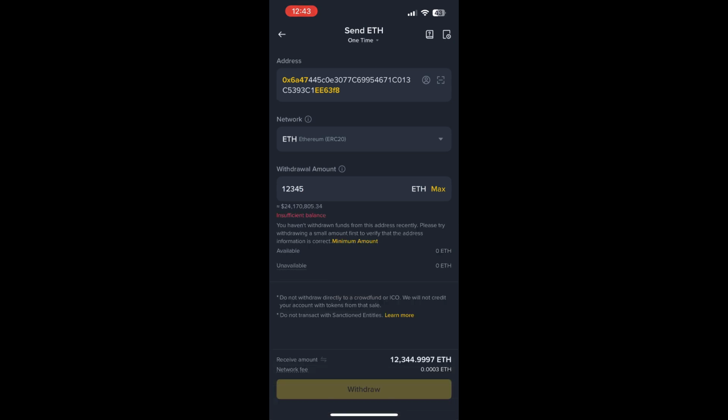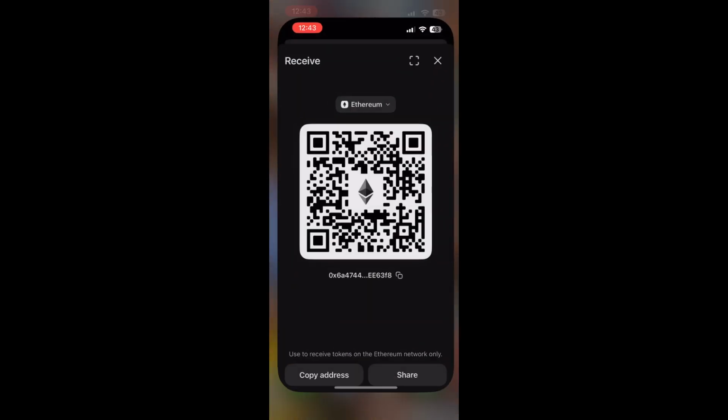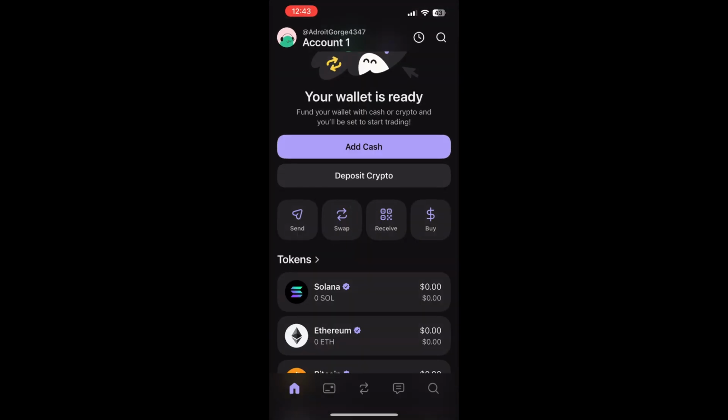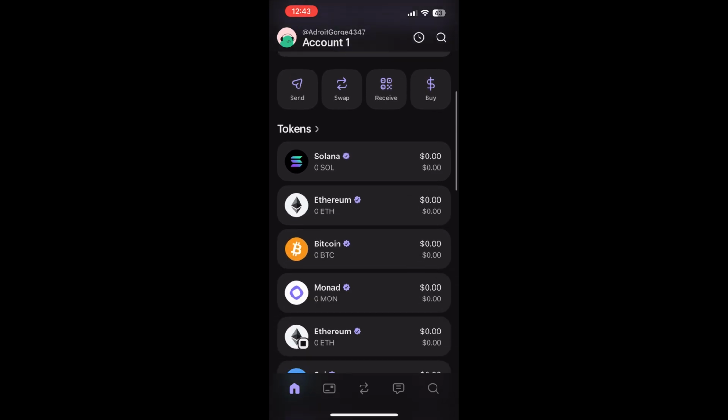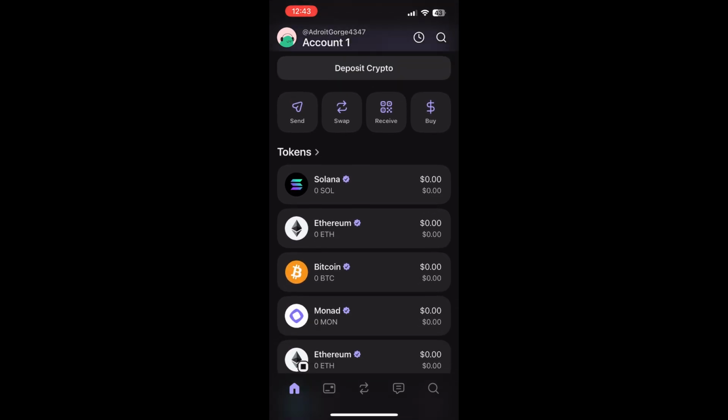Wait for the transaction to be confirmed on the blockchain. After a short while, go back to Phantom and you should see your ETH balance updated in your Ethereum wallet. Always double-check the address and network before sending, and never share your secret recovery phrase with